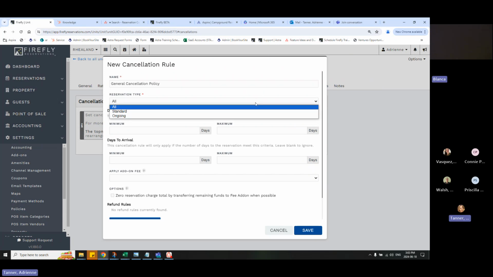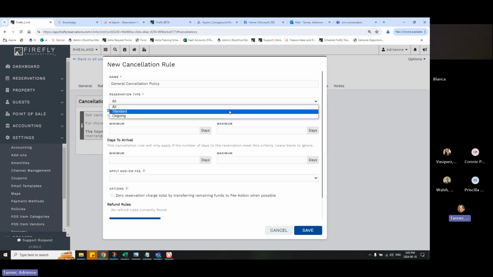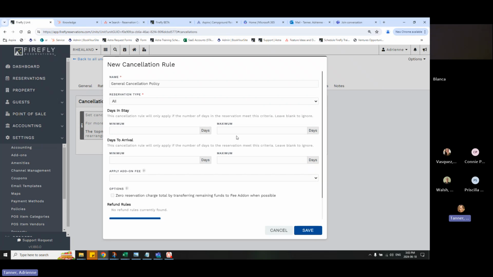Here you can choose what types of reservations it is applicable to. So if you did want different rules for standard versus ongoing reservations, by all means, you can do that. And here too, you can make different rules based on either the length of stay in the reservation or how far in advance they're canceling. So you can stack the rules kind of like we do the deposits. So if you want to say, okay, if you cancel a week in advance, this is the rule. But if you cancel less than a week, this is the rule. So you can set up different rules depending on when they're canceling using this days to arrival minimum and maximum